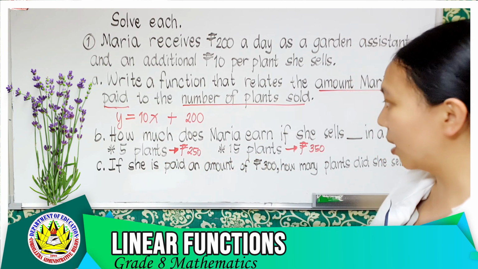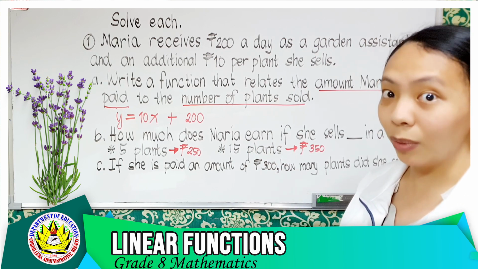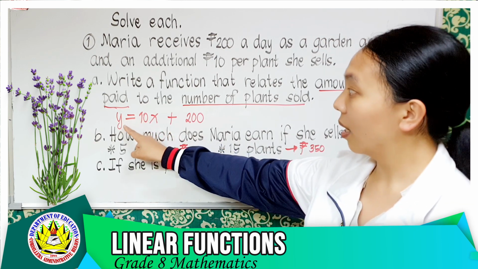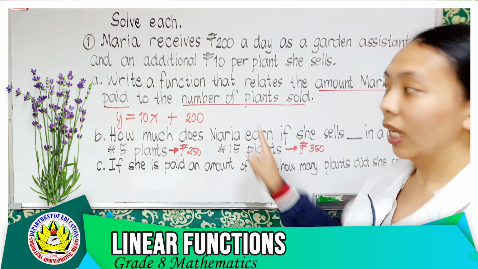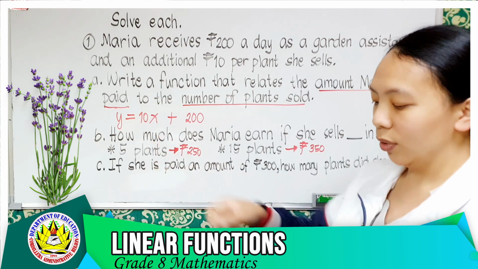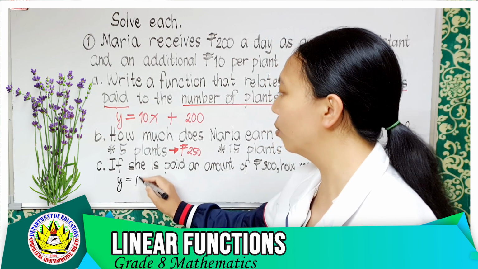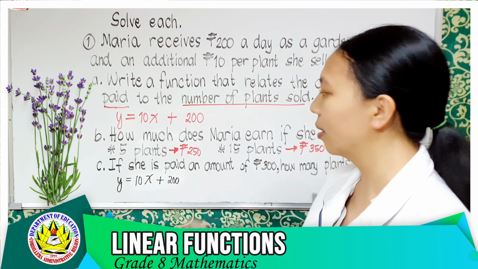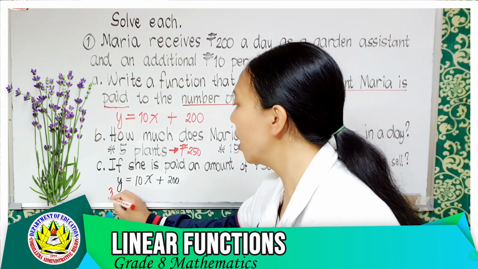In question C, we are given the total amount Maria was paid. Thus, y will be substituted with 300, and then we are going to solve for the value of x. So, in the equation, y is equal to 10x plus 200, we shall be having 300